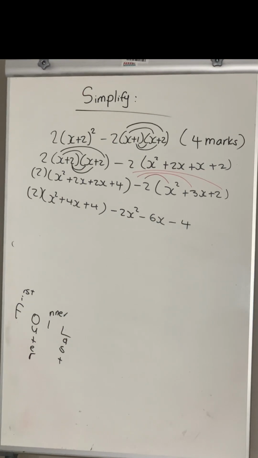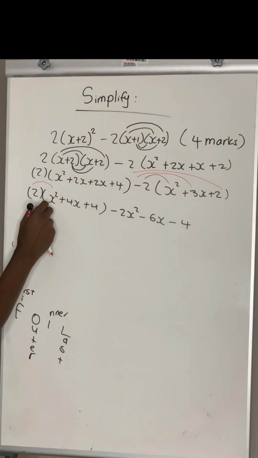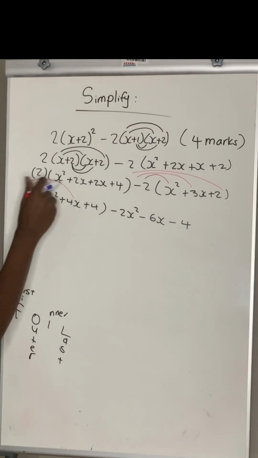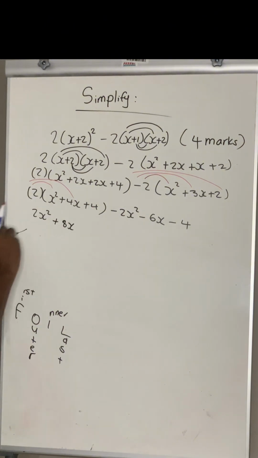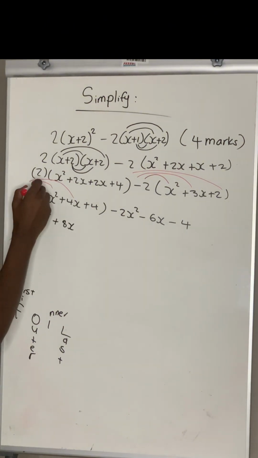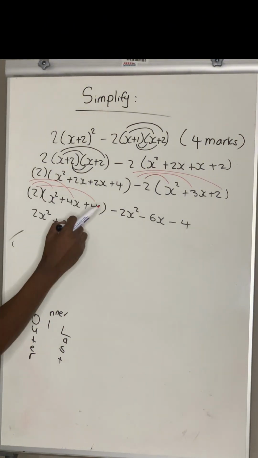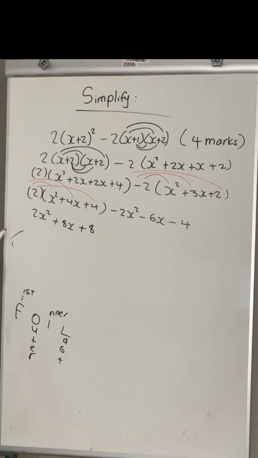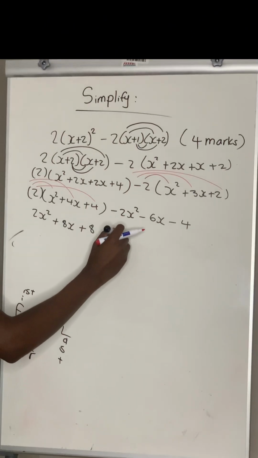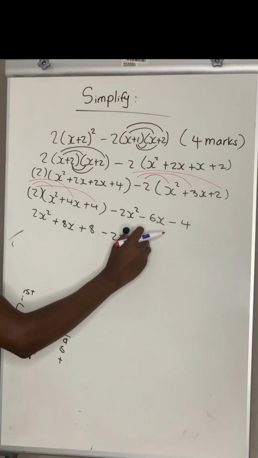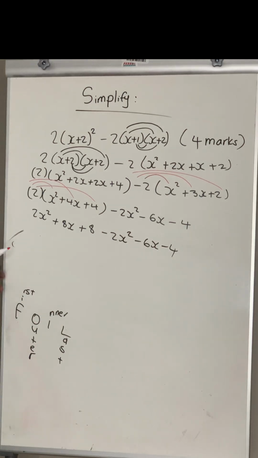And then moving on from there, we're going to deal with this side. So it's 2 times x squared, which is 2x squared. 2 times positive 4x, it's positive 8x. And then we have 2 times positive 4, which is positive 8. And then minus 2x squared minus 6x, and then minus 4. Okay,